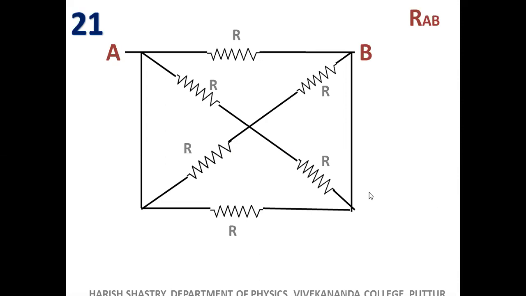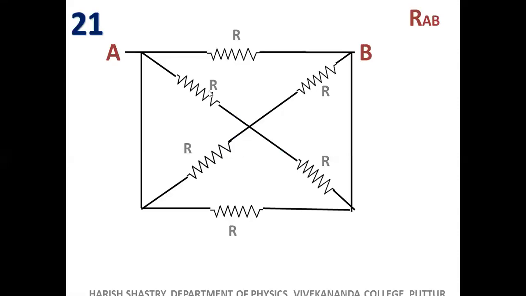Here again, we had a problem last time. There's a small difference between this one and that one, only in appearance, but after all, the final answer is the same. Here is a resistor, here is a resistor, and here is a connection. Last time all the resistors were 2R, and here was an extended connection, which is the same as this one. So what is the equivalent?